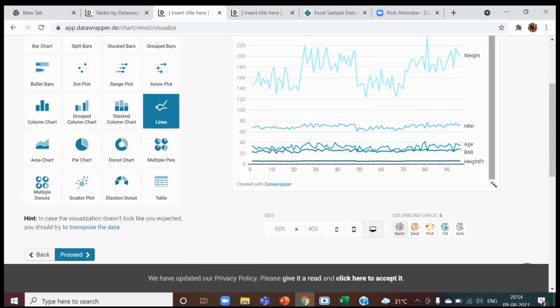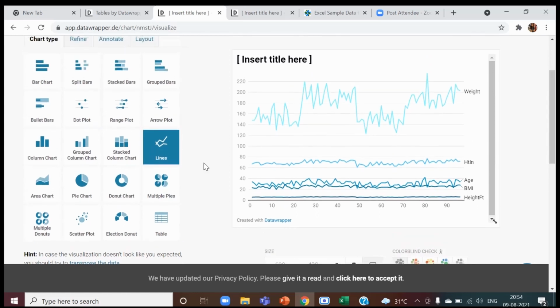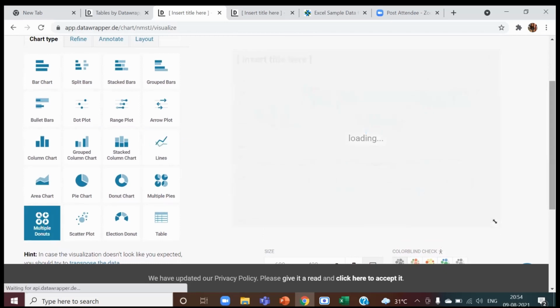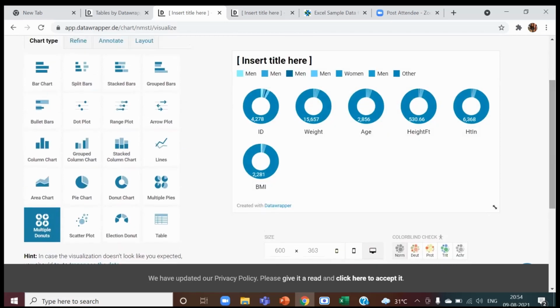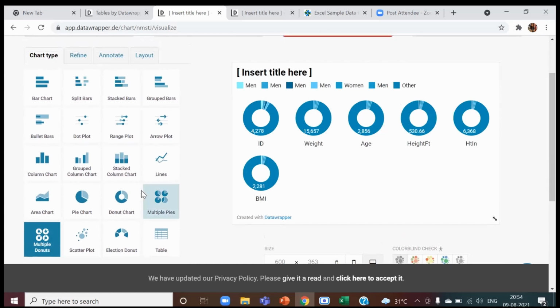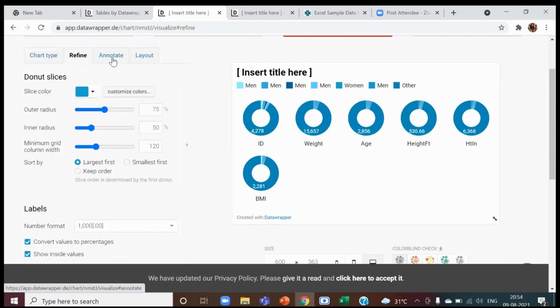The most common one is the lines interpretation, which is the default setting. But other than that, we also have multiple donuts and multiple pies, which we can use for multiple data sets. The options refine, annotate, and layout are also available.